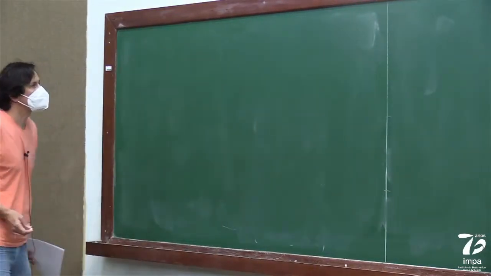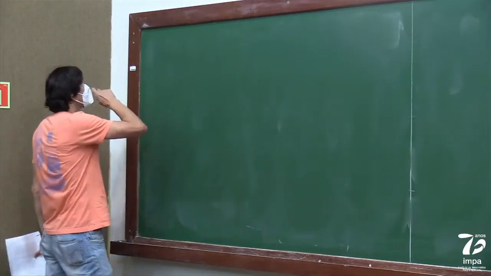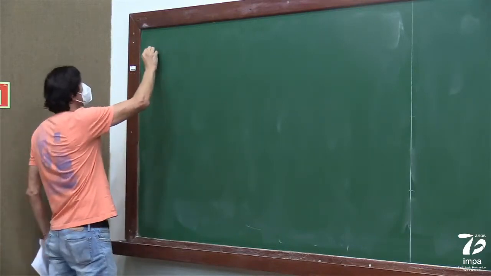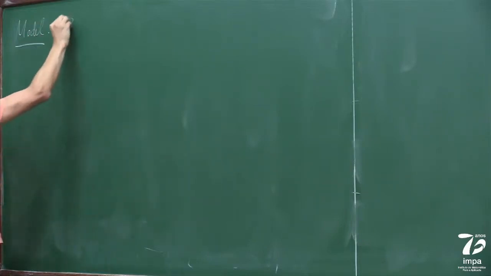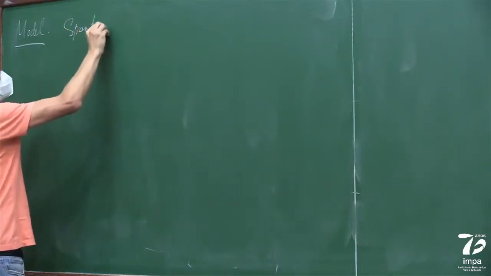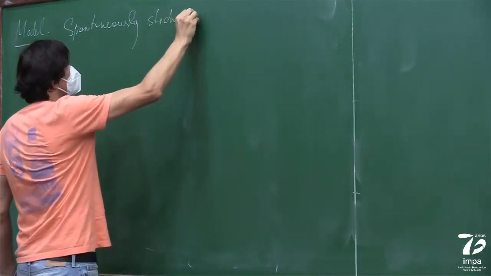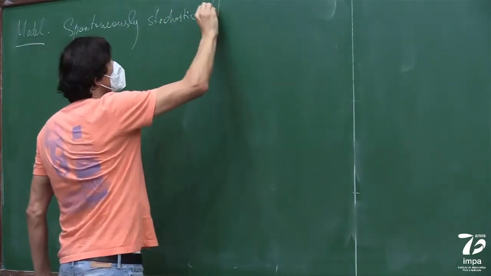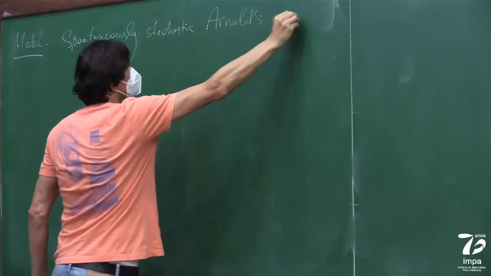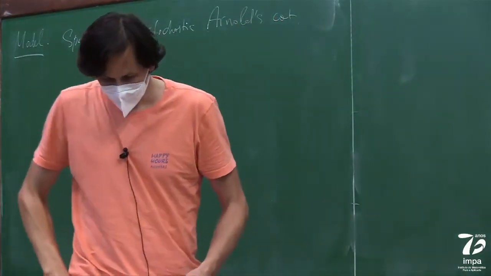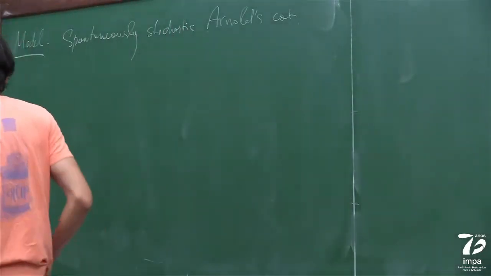So I'm going to finish what we started last time. We're studying the model, which we call spontaneously stochastic Arnold cat. So the model is designed such that we